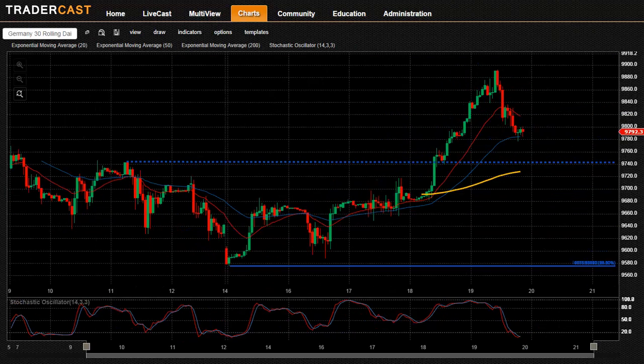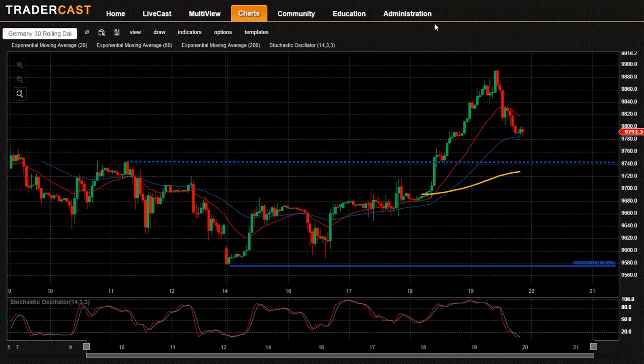Let's look at German 30 or DAX index. The price action appears to be very similar to S&P as well. It appears to be a continuation of the bullish uptrend after a considerable amount of time of sideways consolidation, and the price wasn't able to dip any lower. So the level that I'm keeping an eye on is fairly simply this horizontal here at 97.40.